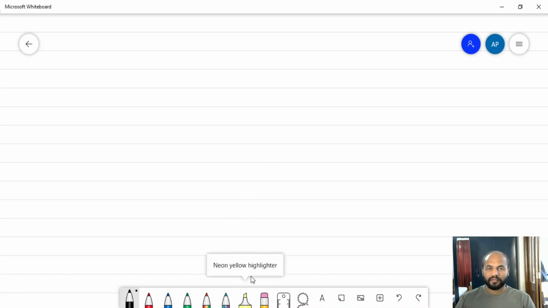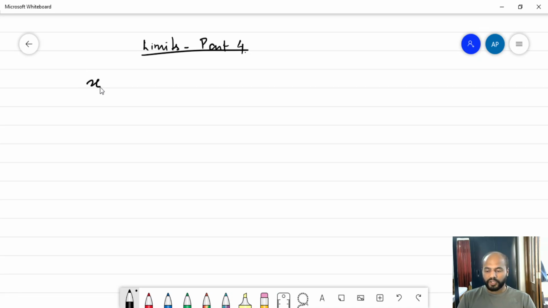In this part, we are going to learn the next set of concepts in limits and derivatives, and this is limits part 4. So basically, we're going to learn one type of limit, a standard limit in this case. And for that matter, we will take one expansion. The expansion is of the form x raised to n minus a raised to n. If you had such a thing, then how do we actually expand this?